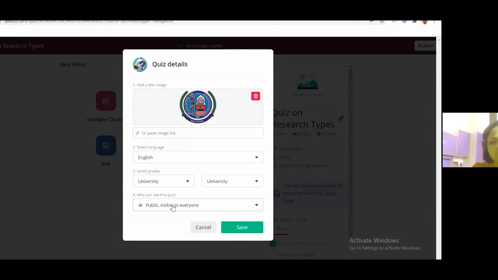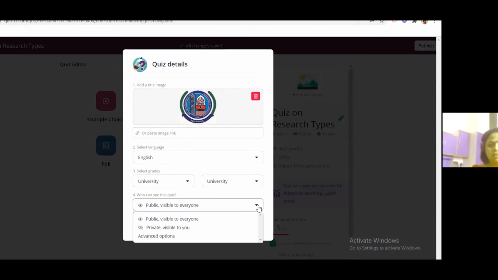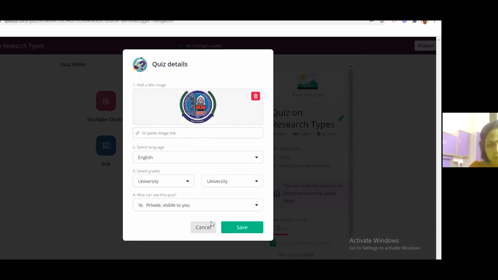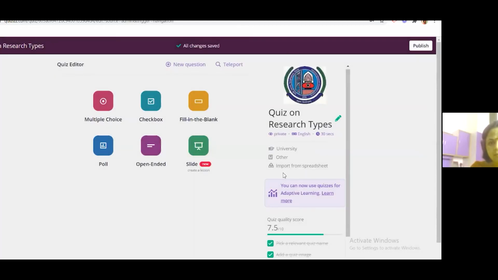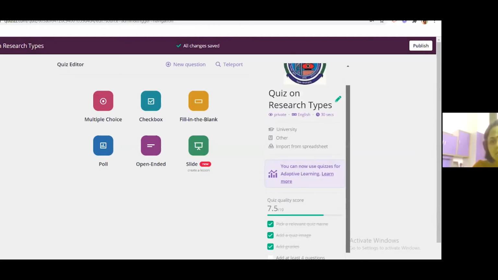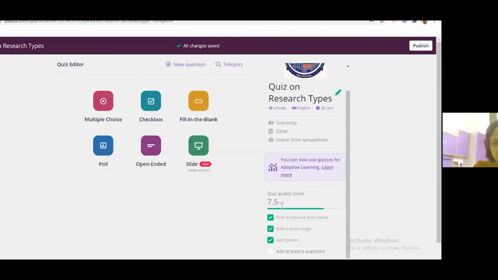You can keep this quiz public or visible to everyone, or you can keep it only private. Then save. Now, as I have added the quiz name, the quiz image, and set the grades, it is giving me 7.5 score out of 10, but I have not added questions. If I add at least 4 questions, then it will give me marks for the questions also.